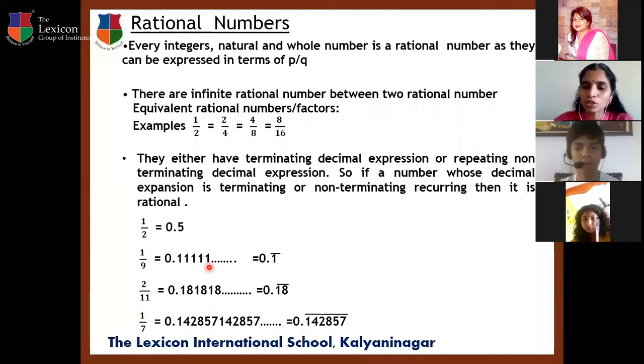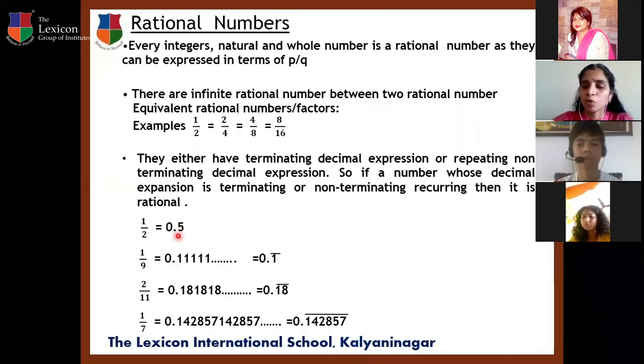While doing that, we know that we will put a 0 if there is a remainder, put a decimal, then put a 0. With that 0, we will continue our division, and the answers will come as decimal numbers. I'll show you that in the next screen. So here 1 upon 9 will be 0.111. It will not stop, so it is known as non-terminating. Otherwise it is terminating.